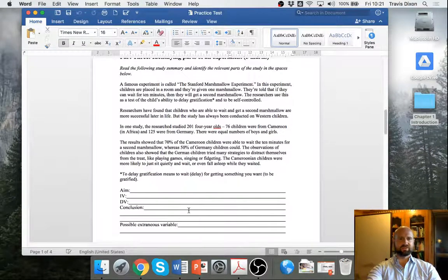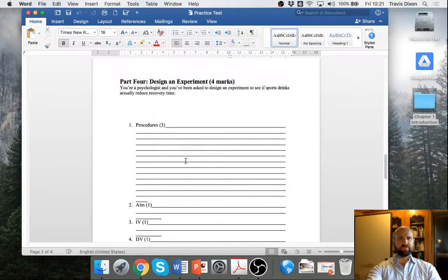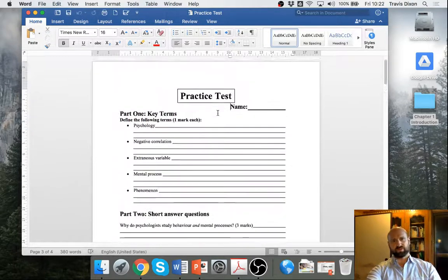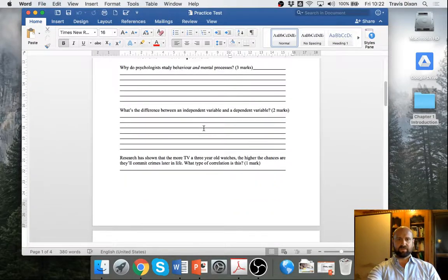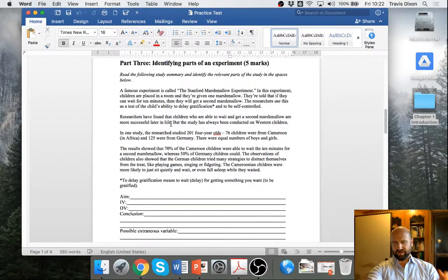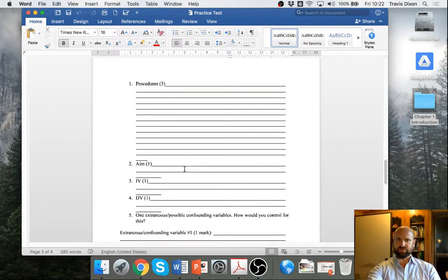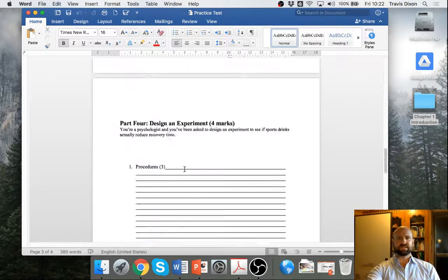And then what I do is I give them an unseen study, and they have to identify the parts of the study. And then I give them a problem, and they have to design an experiment to try and solve that problem. So really trying to hit a range of levels of thinking here, from surface level memorization of vocabulary to understanding a little bit more complex guiding questions, to identifying basic details of a study, to then going over to apply that and create their own way of designing a study. So it is hitting a wide range of levels of learning. So that is the practice test,